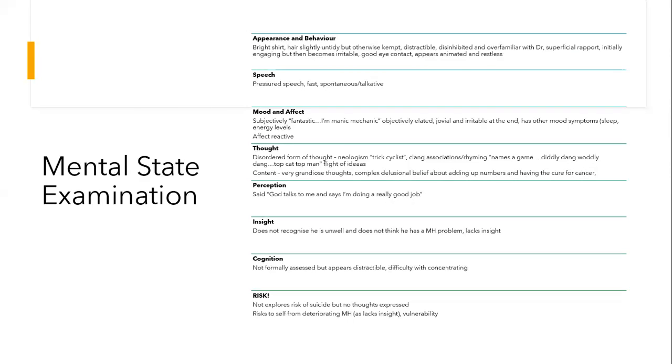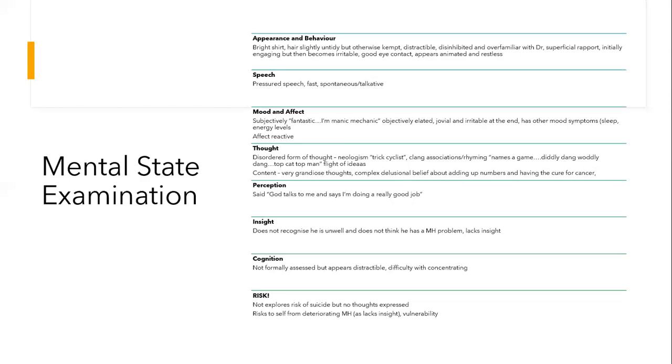He's also mentioned a word "trick cyclist" when she said she was a psychiatrist. And this is a made-up word. It's not a real word. And in psych language, that's called a neologism. Neo means new, and logism is to do with language. So that's a new word he's made up. I think he only made the one word up during that consultation, but if you can imagine somebody making up loads of new words during a patient interaction, it can be really difficult to follow what they're saying or try and understand what they're saying.